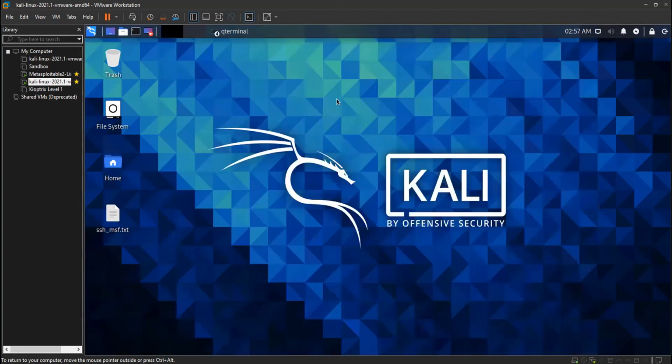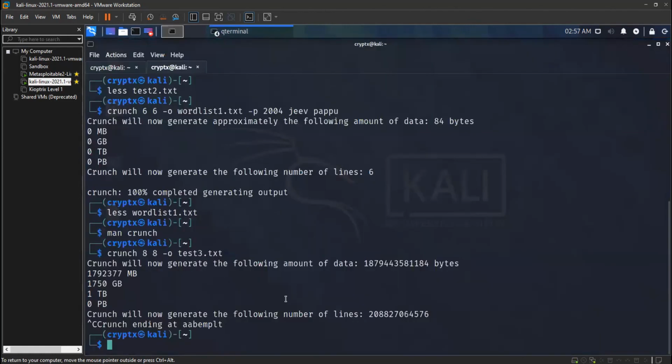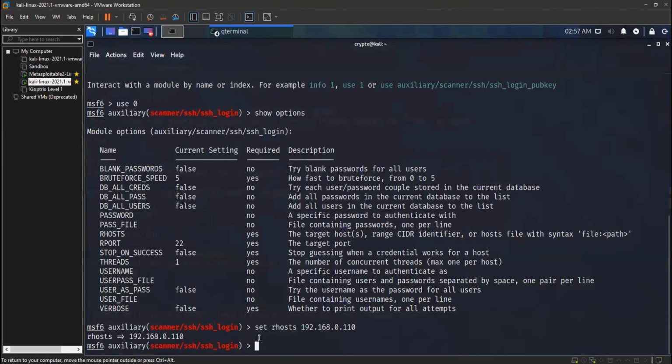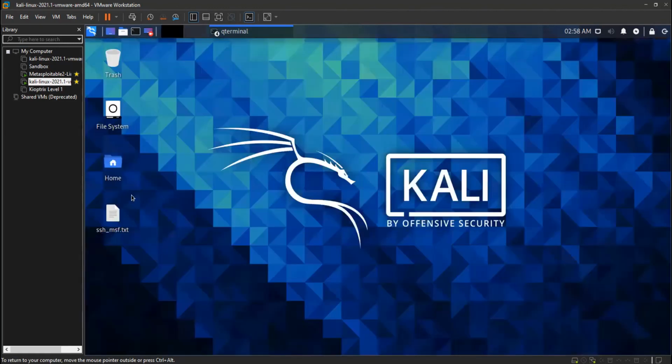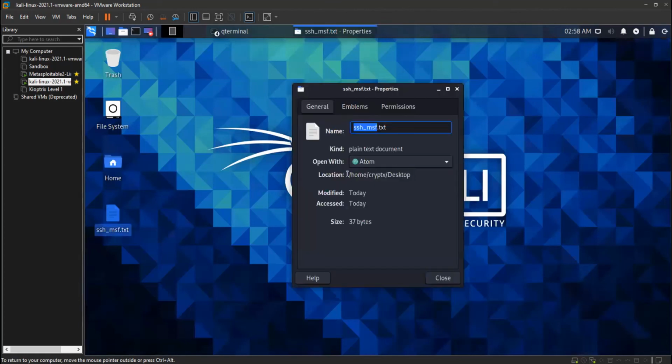I'll save it and close this. Now I'll go back to my terminal. I know my password wordlist is on my desktop. I'll check the properties. It's in home, cryptex, slash Desktop.